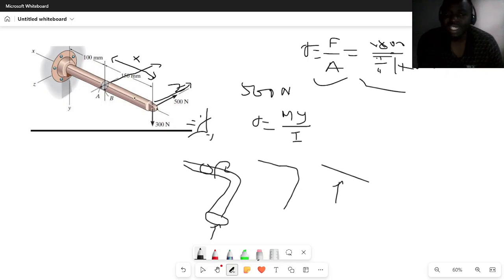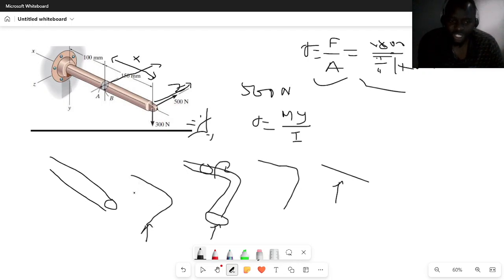In this example, it's even easier because it's simply a bar. Do you agree that this is a bar? If someone comes, he can bend it. If someone comes, he can break it. In the other case, it was something like an arm, where one force that was here was creating a shear due to the force, and that same force also created a torque. That's the reason why we had two shear stresses in that case. One due to the force, and one due to the torque, something like this,